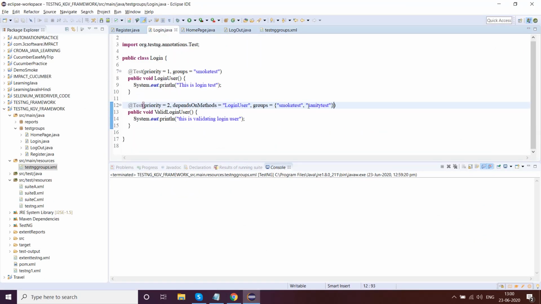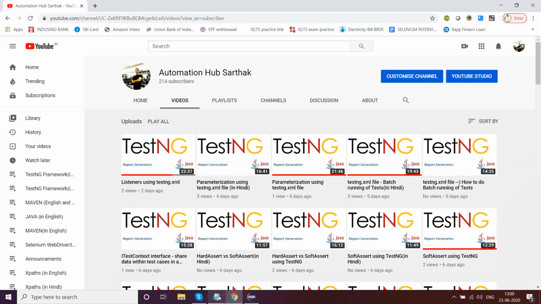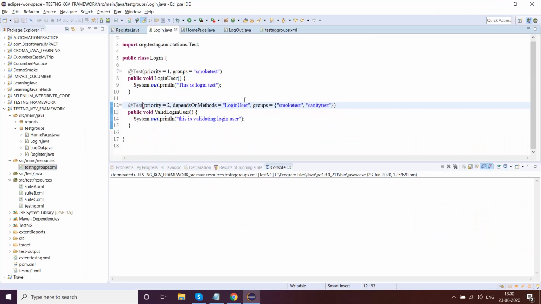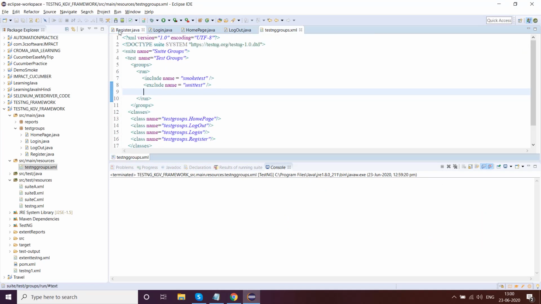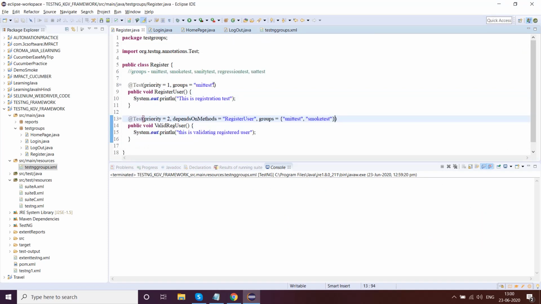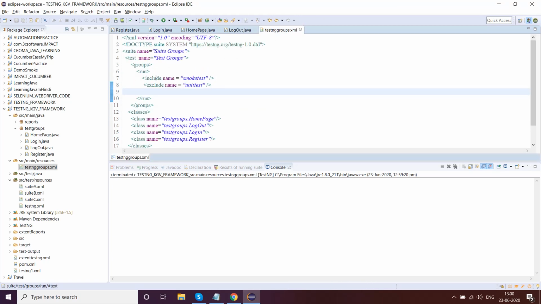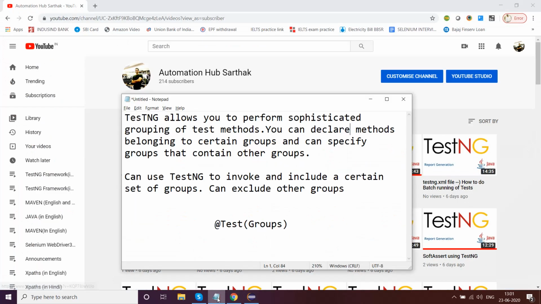Then you can use TestNG to invoke and include a certain set of groups, and exclude other groups as well. So we did everything. We added one group, we added multiple groups, we then went to TestNG, we included certain groups, we excluded certain other groups, and then we ran and we received the output as well. So this is something very brief about groups.